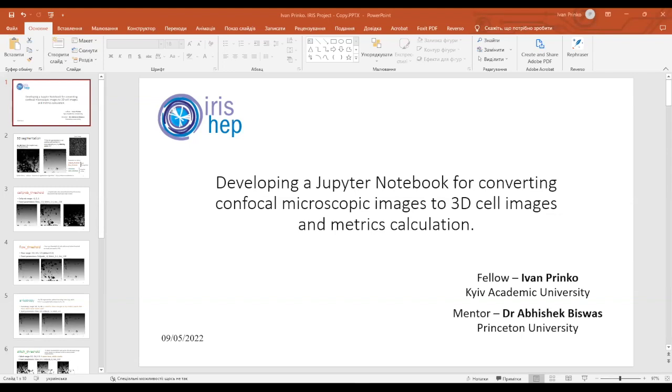So actually we need to put the right parameters to get the right picture from the input image. The input image is a microscopic image of cells. So the easiest way is to just set 3D equals true,